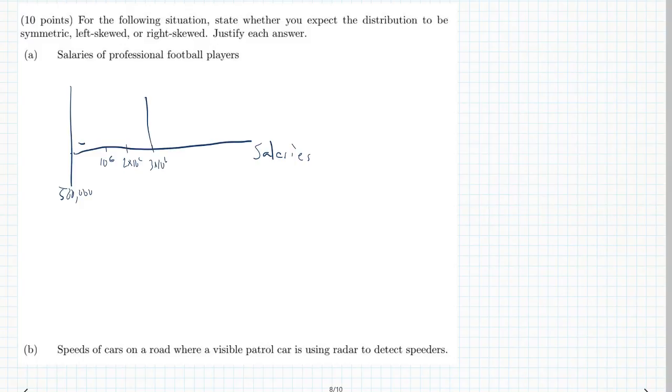I say what you're most likely to get is a lot of data values right in this range. But then there are these players, and if I extend this even further for you to see,